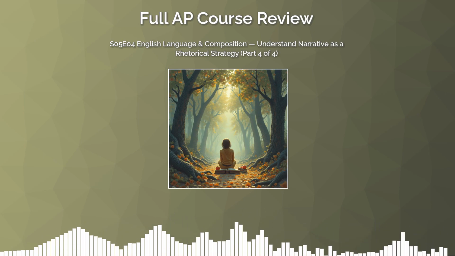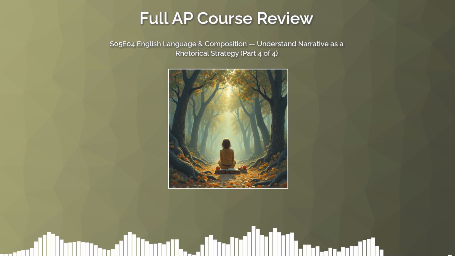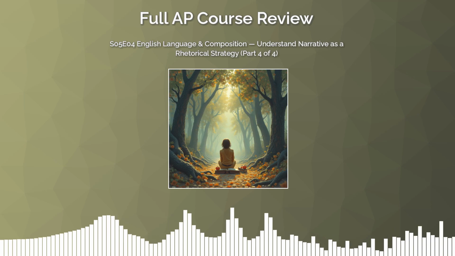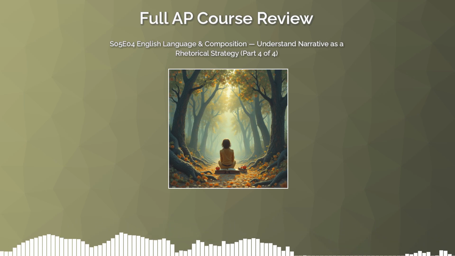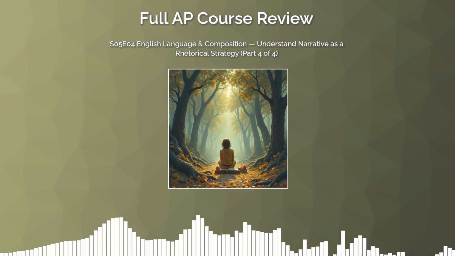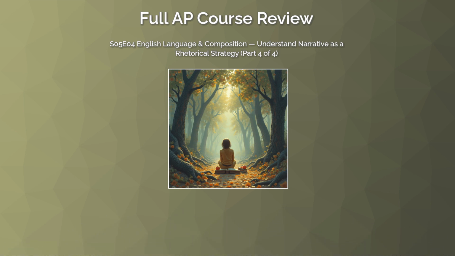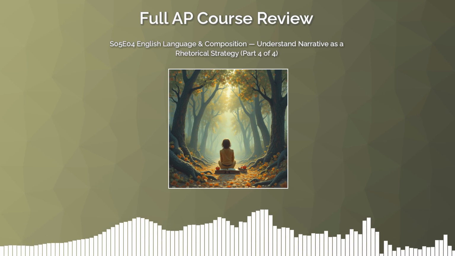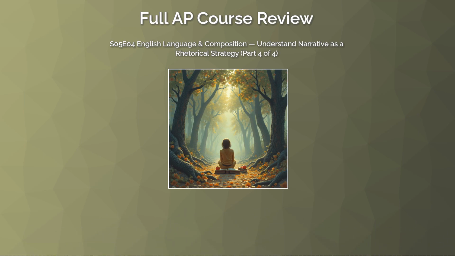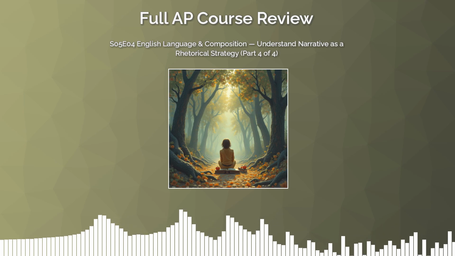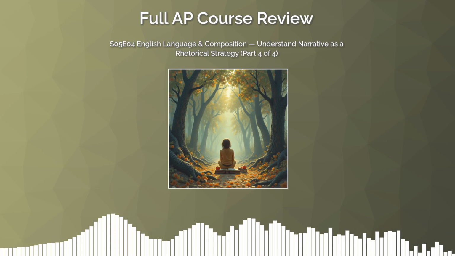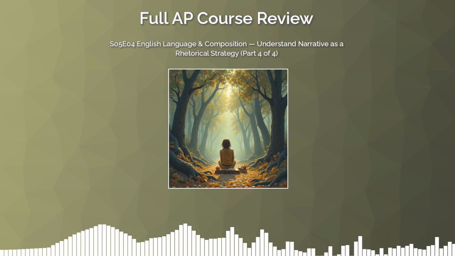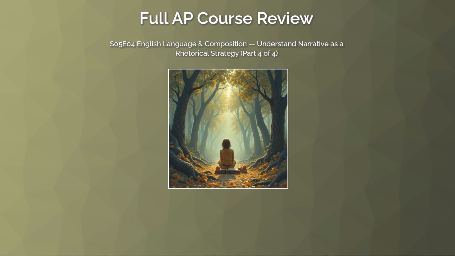The best way to practice is to take any piece of narrative you love, a memoir, a personal essay, a short story, and map its pacing like a topographer mapping terrain. Find the mountains, the long, slow scenes where the author lingers, and find the valleys, the quick summaries that bridge moments. The shape of that map is the author's argument, and with that sense of narrative rhythm in your ear, we're ready to move into how authors use point of view and perspective to further shape the story's emotional and rhetorical impact.